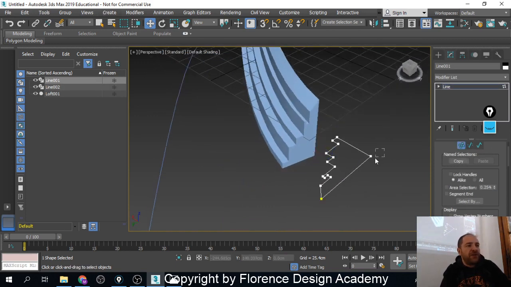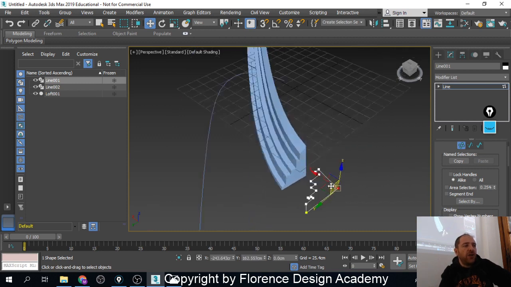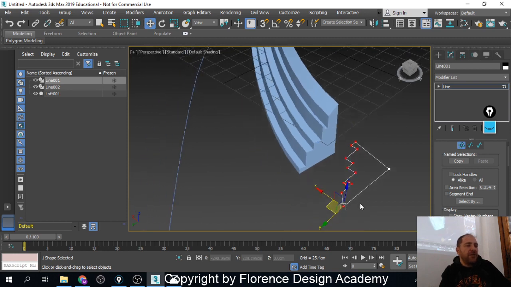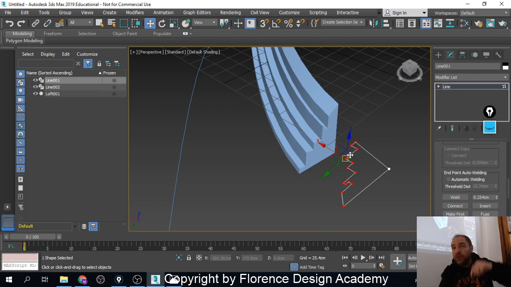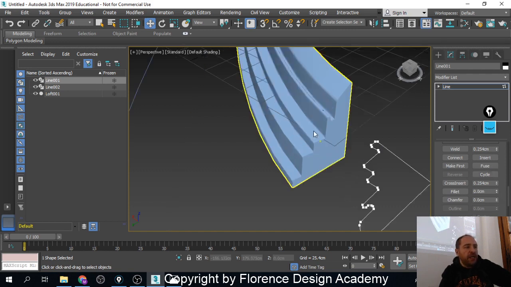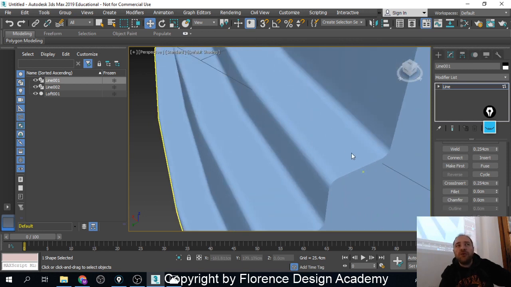If I change vertices in my profile, again, these will also change all along the path. So if I make all these corners, let's say, and I use fillet into the original shape,